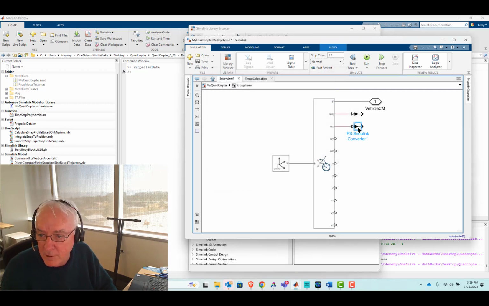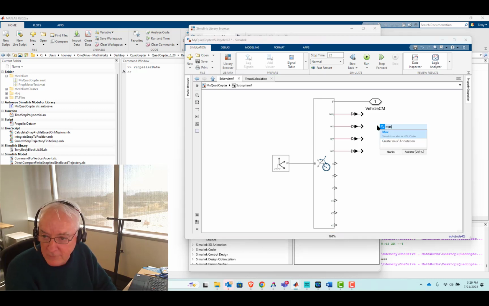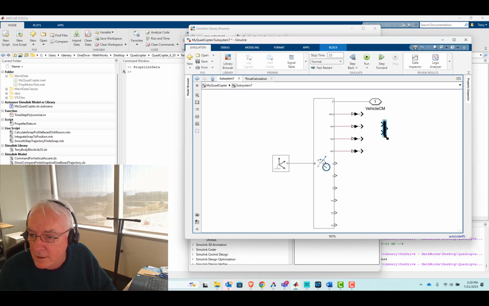Okay, so the next three are going to have that unit, so let's just copy it. I'm sorry, the next two. Okay, and here's where I like to introduce a mux block, because I think of